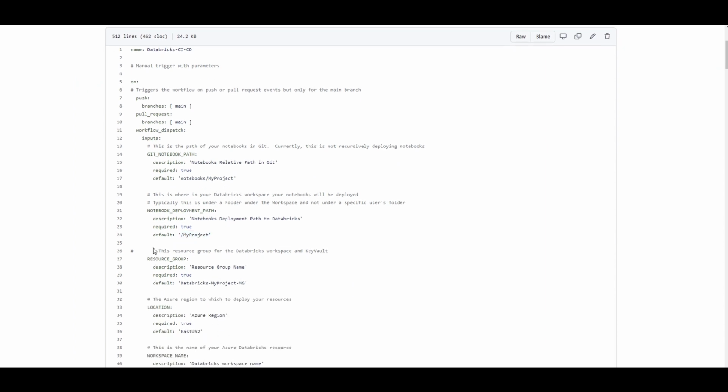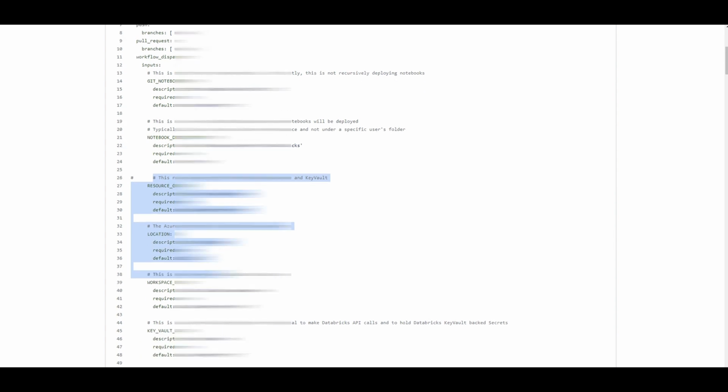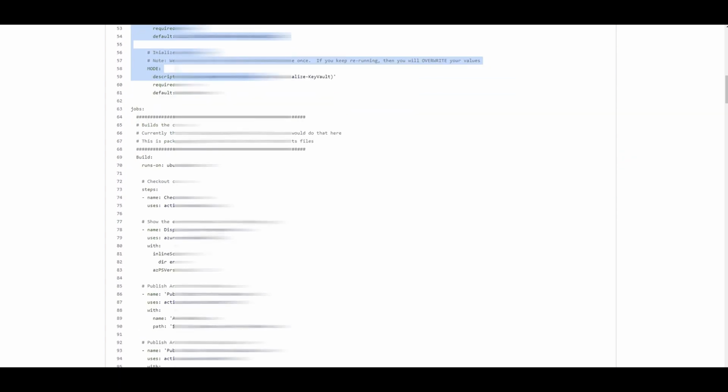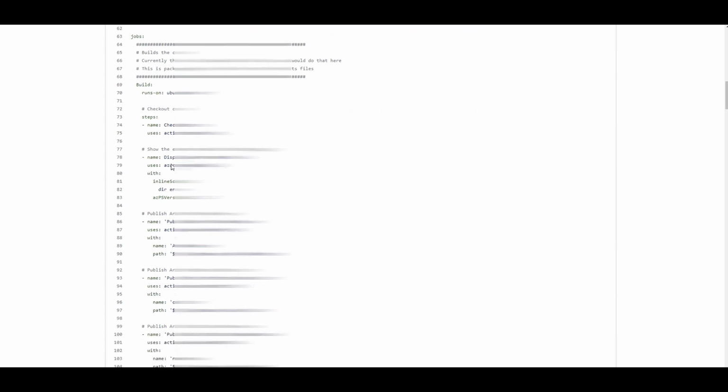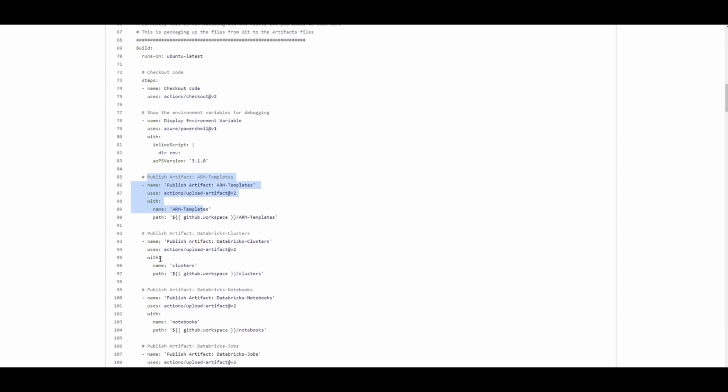For the rest, these are not going to be used because we are not going to deploy this infrastructure again, so it's going to be ignored. And then that's the time. So I already explained how we are creating a package out of these components, like the ARM templates,